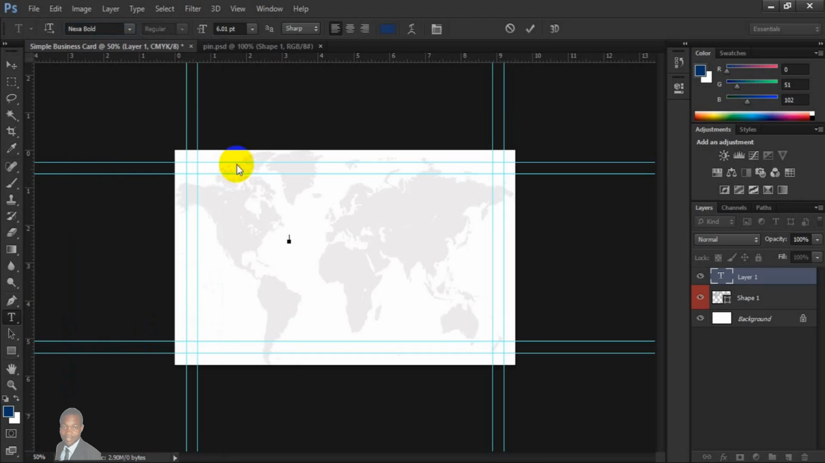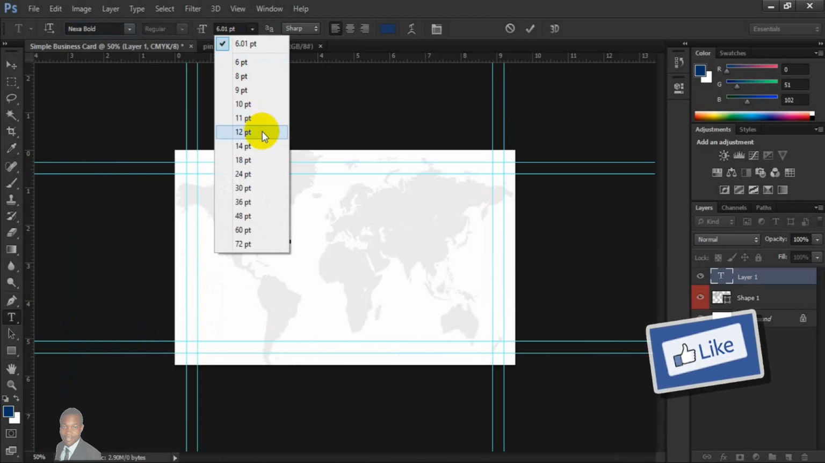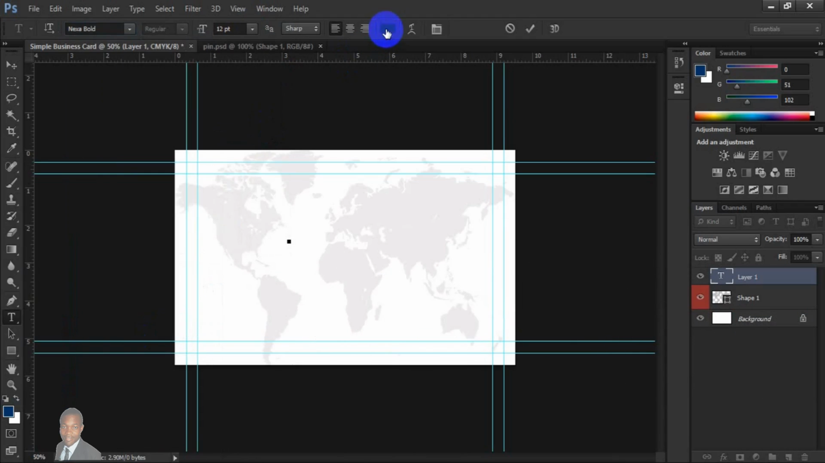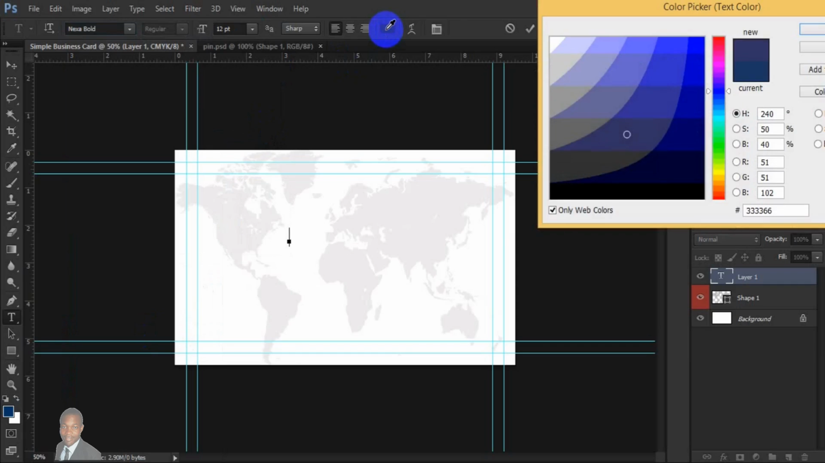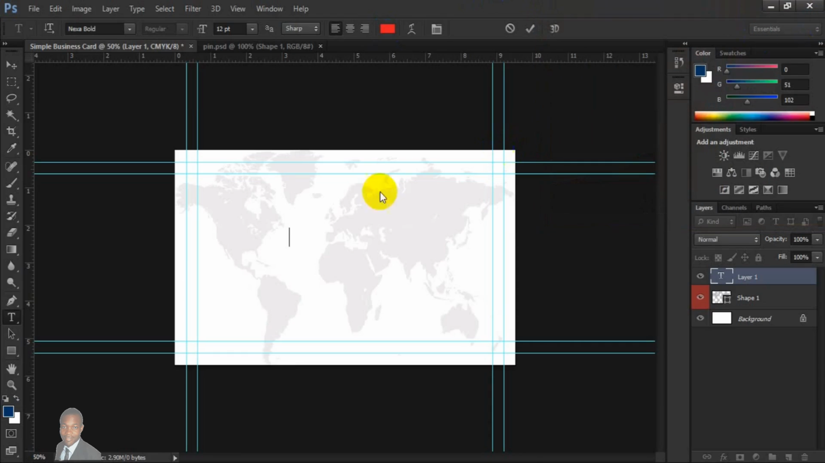Alright, next, change the font size to 12. Then change the color. For this design, I'm using red and black. Now the card holder name is